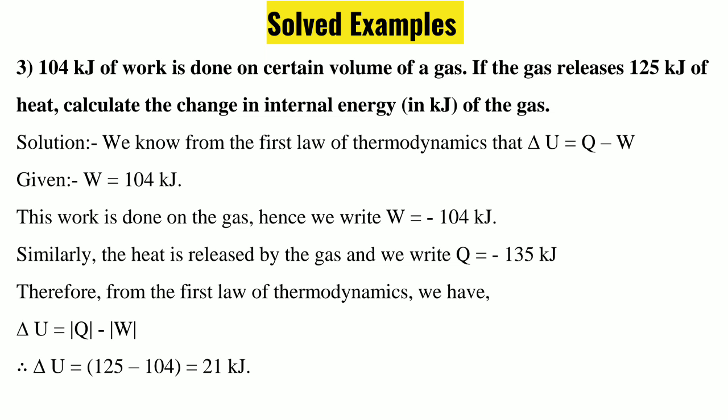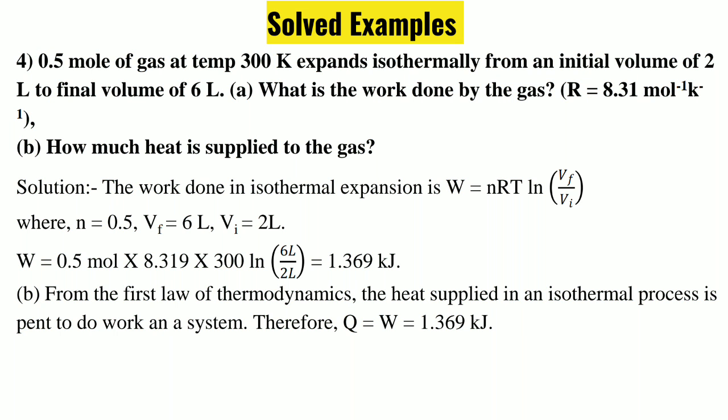That will be Q is equal to 125. Over here there is a misprint. It is 125 kilojoule. So we have to find out the change in internal energy, meaning we have to find the value of delta U. So the formula is delta U is equal to Q minus W. After substituting, we will get the answer as 21 kilojoule. Fourth one,